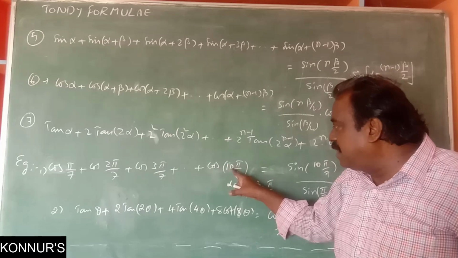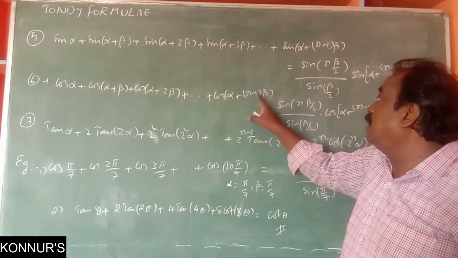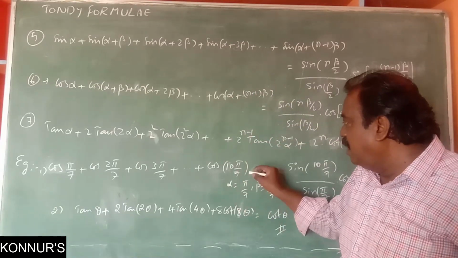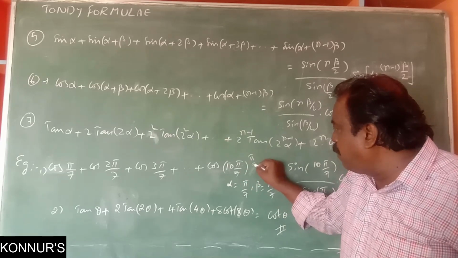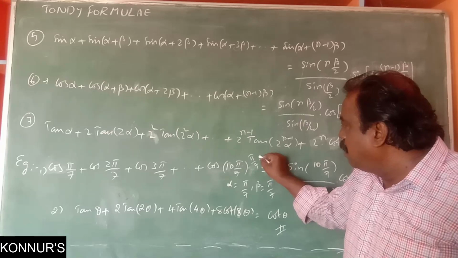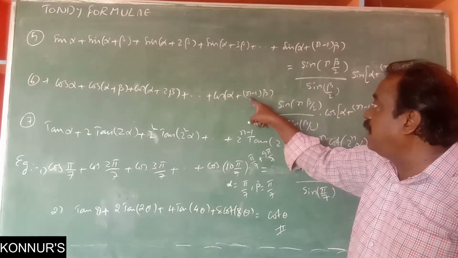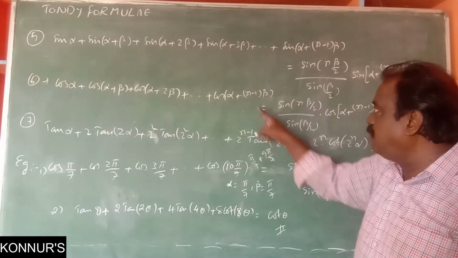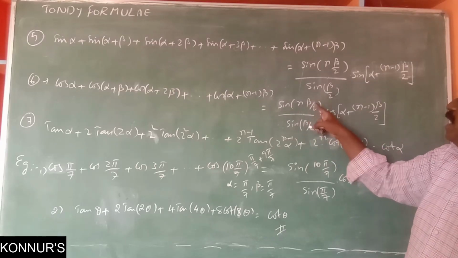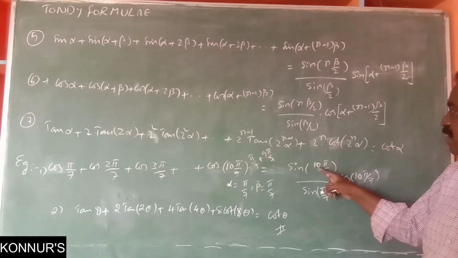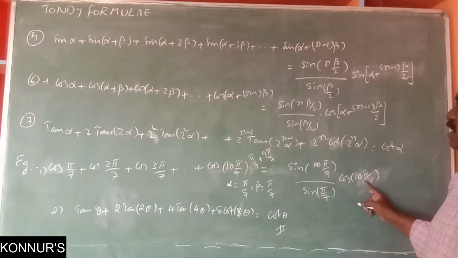Pi by 7 plus 9 pi by 7, here you observe, n minus 1 is 9. I am writing this one here. It is pi by 7 plus 9 pi by 7. Will you agree? So 9 is n minus 1, and n minus 1 is 9 means n is 10. In n beta by 2, very clearly it is given. So it is 10 here, and here also it is 10.